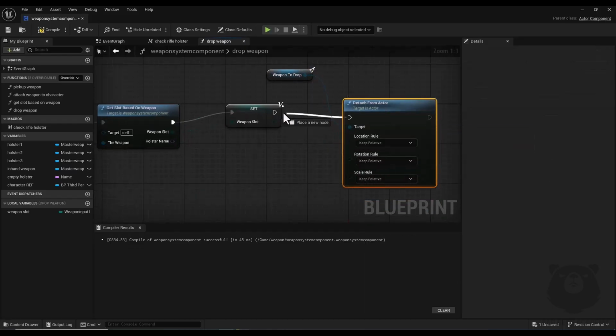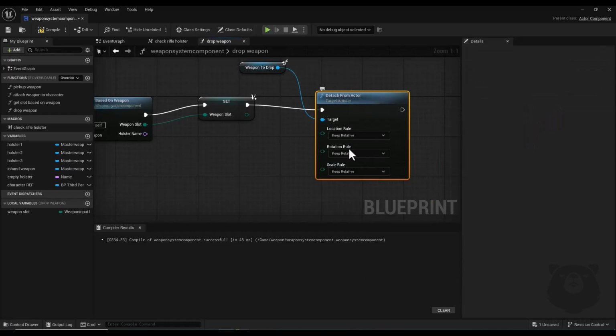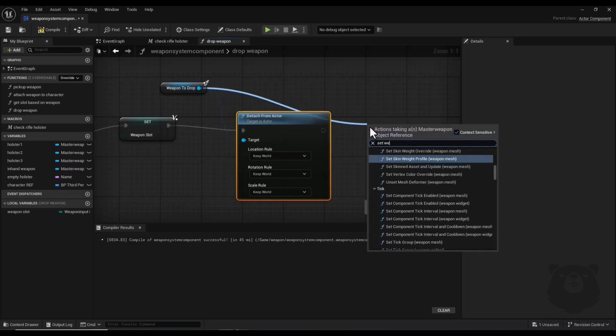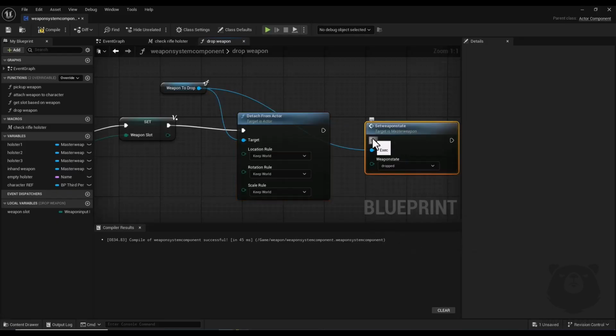And I connect it here. I should set all location, rotation and scale rules to keep world. And now I drag another node from here and I search for set weapon state. Alright, I connect it here and I set weapon state to dropped,